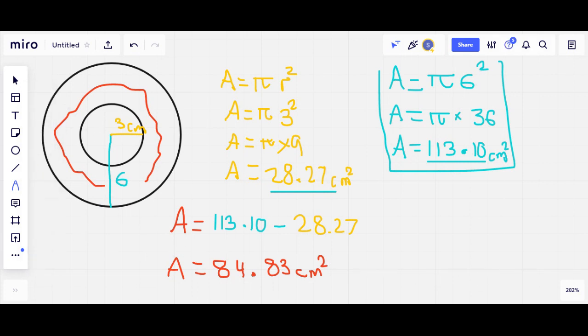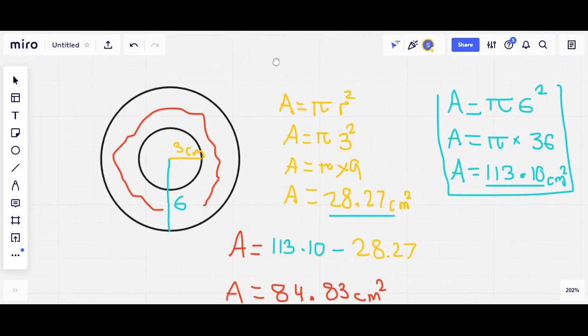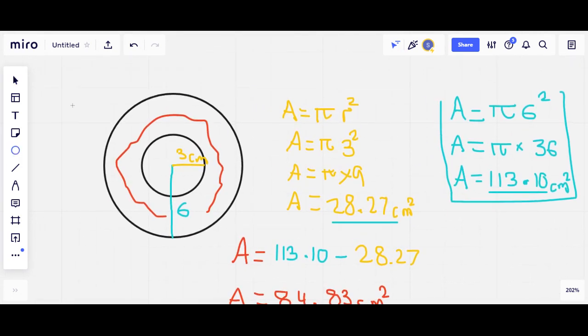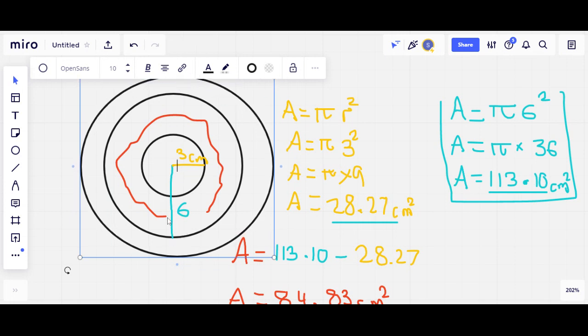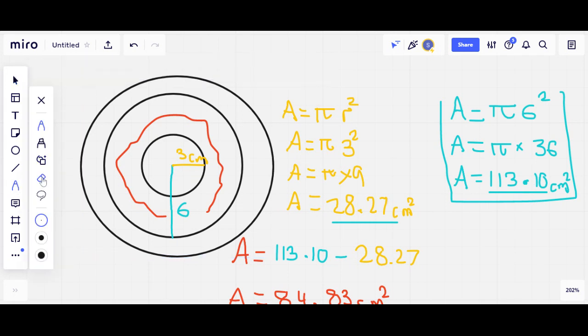If we were having a look at this and we're trying to find a bigger circle, a bigger ring, so we had another ring here, which had a radius of, let's keep going up in 3. So let's say I had a radius of 9. What we would have to do is we would use the area of the middle circle and subtract that from the bigger one. So we don't find the area of the